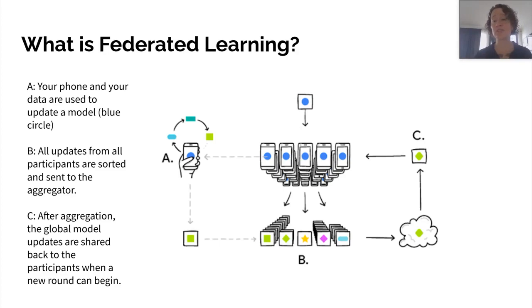At that point in time, the model is sent to those phones. Then the machine learning happens on the device. So now the device is essentially doing some of the training for me. And that can be an iterative process or a one-shot process. But at that point in time, there is an update at the end of that. And that update is not the data itself, but instead a representation, usually in some sort of vectorized form, that tells me, okay, this is the direction that the machine learning model should go to improve based on the data on this device. And so all of those updates across all of those different devices are collected,